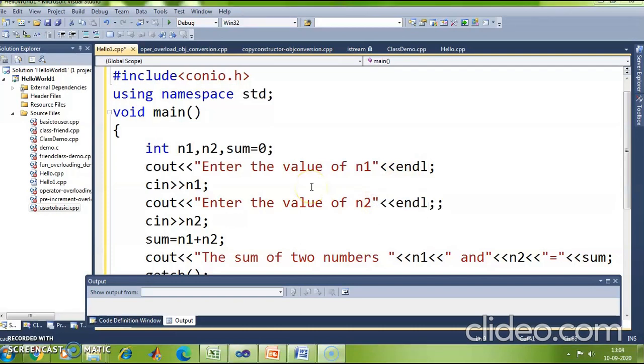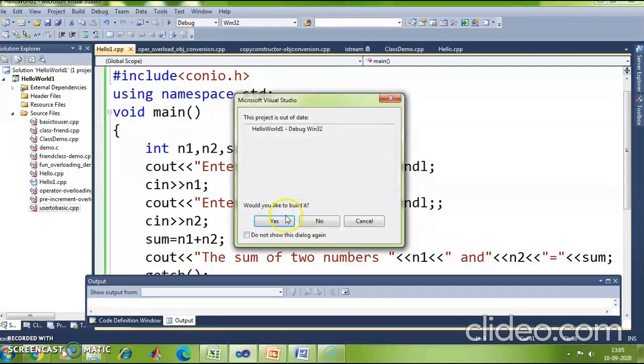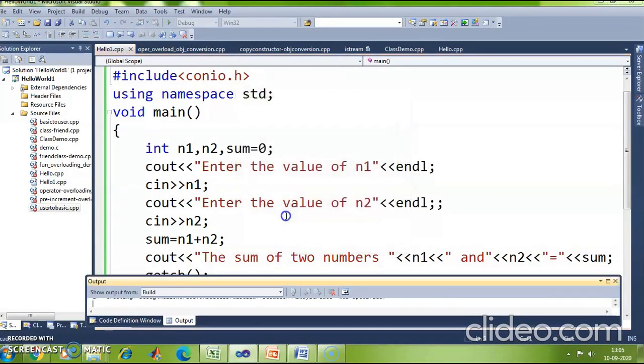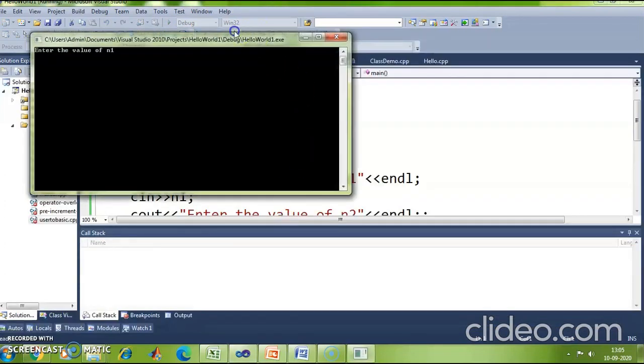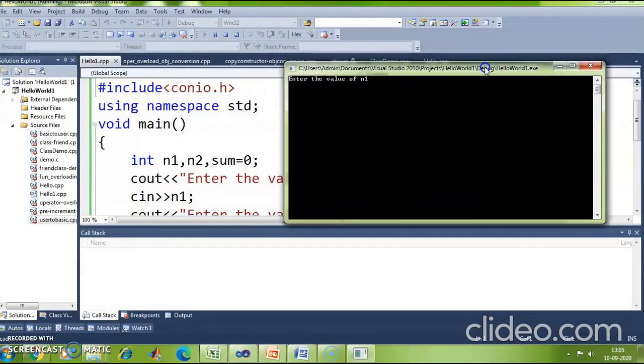So, let me execute this program and see what would be the output of this program. As I execute this program, it is asking me to enter the value of n1. So you see that the control has gone to the second line because I have put an endl statement there, right?